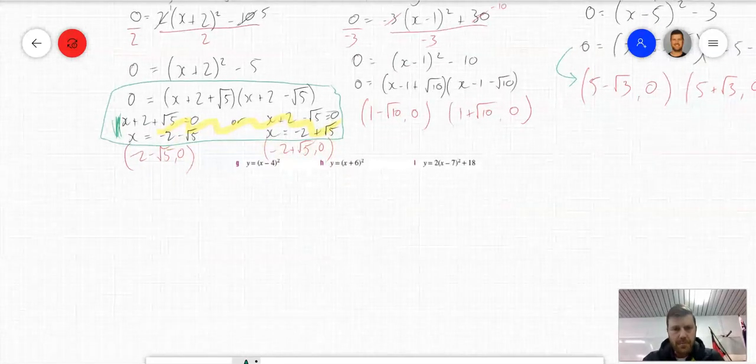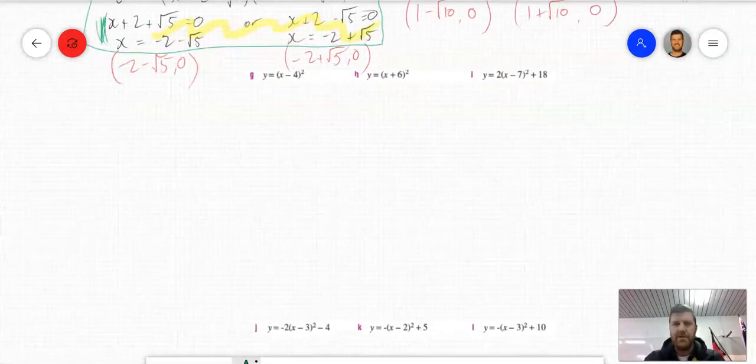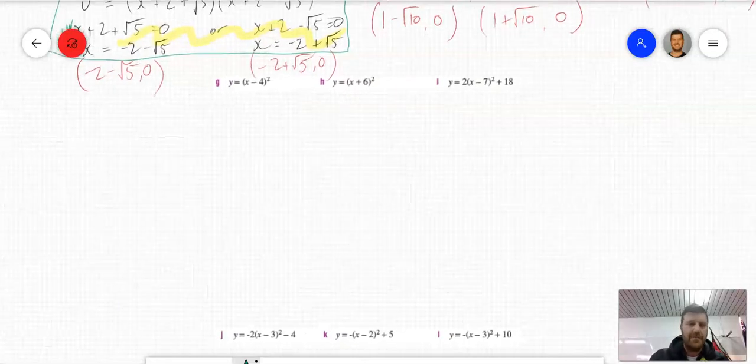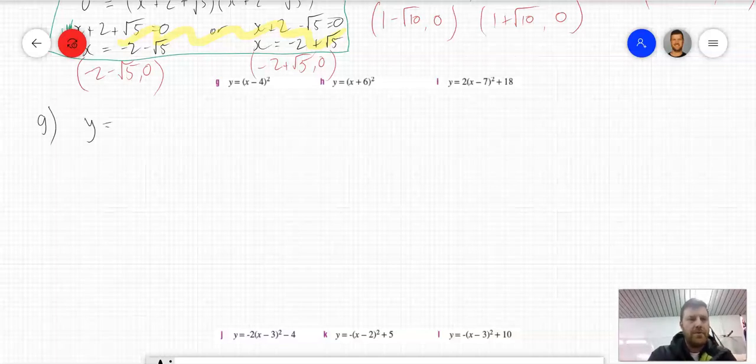Alright, moving on again. I know I'm flying through a little bit, but like I said, there's lots of different types of questions here in question 5, so I'm trying to give you a good overall view of the different ways that you'll be asked to work out the x-intercept when viewing these. Now, for G, I've actually got y equals, in fact, let's let y equal 0, so 0 equals